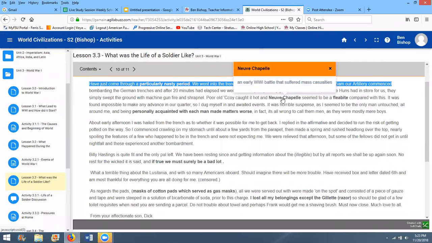Now, as we continue to look into this writing here, it talks about battles such as Neuve Chapelle, which was one of the early battles of the war that, well, to make things short, in one day, 40,000 soldiers were killed on the British side, and it was only fought over 1 mile of land. That's it. Okay, so that just shows you what I was talking about earlier about trench warfare, why they needed trenches. Because over a flat 1 mile stretch, 40,000 soldiers were gunned down by machine guns. It was a pretty gruesome scene,